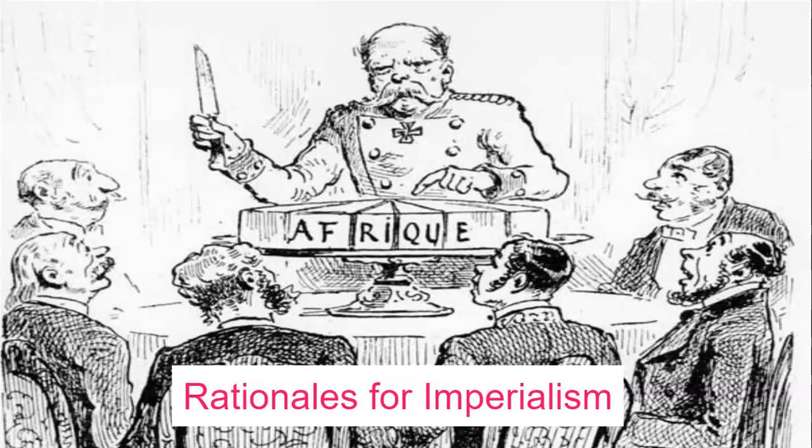All right. So this is a cartoon. It's going to go into a little bit more in a later slide, but I want to go into detail right now. We are going to hit political cartoons a lot this unit. So for right now, let's discuss this one. This was done by a French artist. It depicts the German Chancellor Otto von Bismarck slicing up a cake labeled Africa at the Berlin Conference,